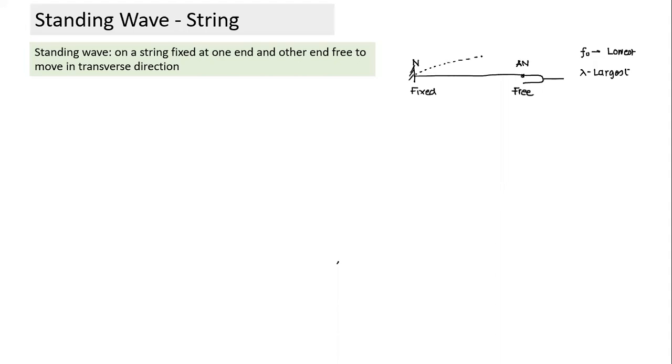And how would the string oscillate? This is how the string will oscillate if it is free at one end. And in terms of wavelength, how much is this equal to? If the length of the string is L, you should understand here, the distance between node and anti-node is equal to lambda by 4. So even without any derivation, based on previous understanding, I can understand that in the fundamental mode, length has to be equal to lambda by 4. And the same thing we can arrive at from derivation also.